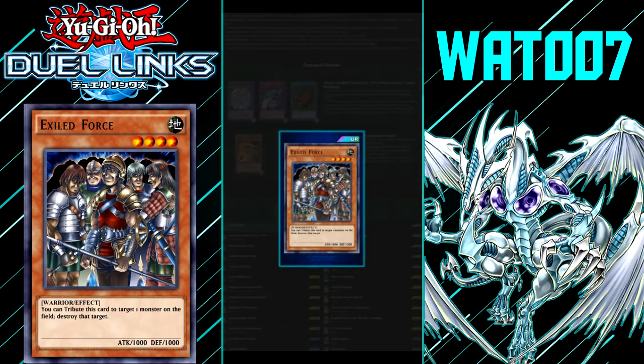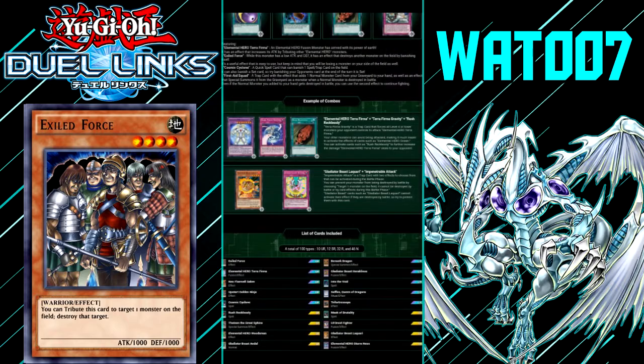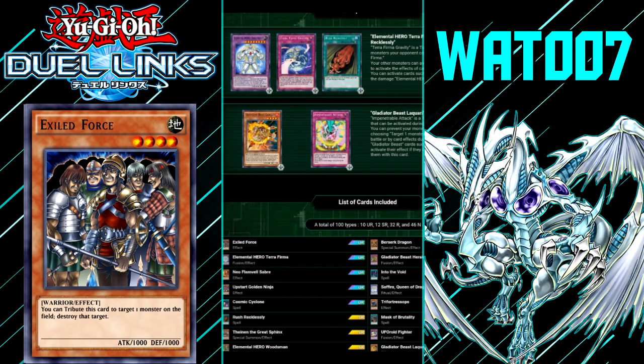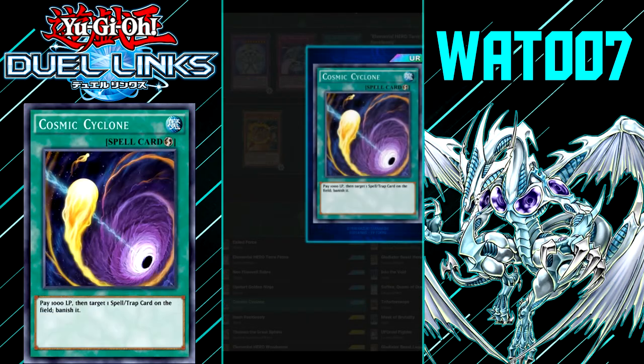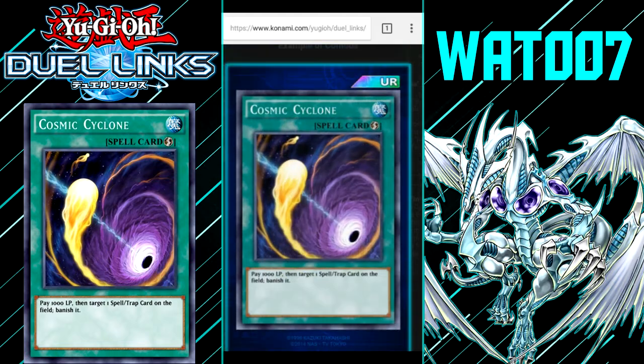Now let's go into the number 1 spot. And this card, maybe some of you are not going to be surprised, especially after my reasoning on the 4 and 3 spots, but we're going to be talking about Cosmic Cyclone. This is a quick play ultra rare spell card with the effect: pay 1,000 life points, target 1 spell or trap card on the field, banish it. This card is really good because it's splashable in pretty much any deck you want to play. The downside is that you have to pay 1,000 life points, but this is the beginning of back row removal in